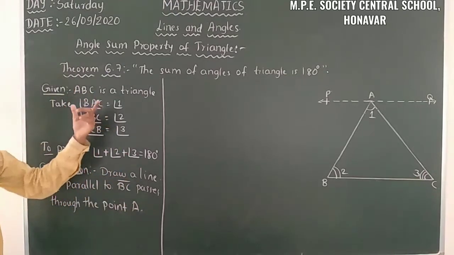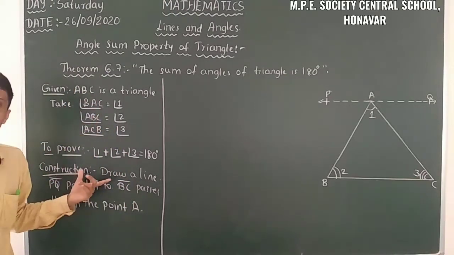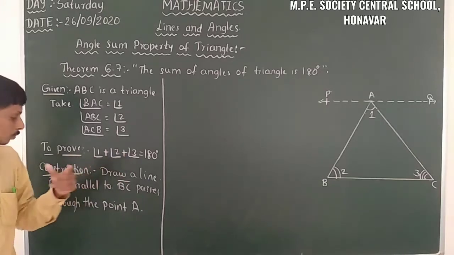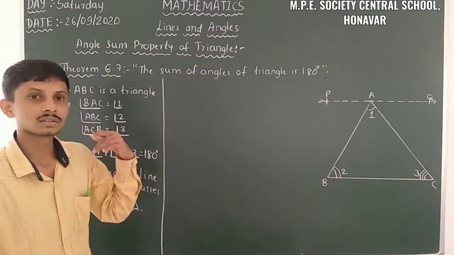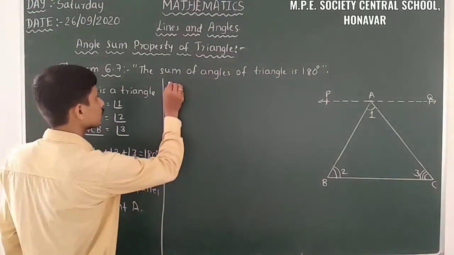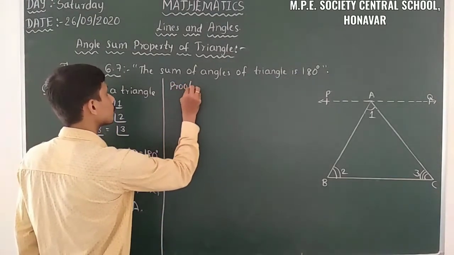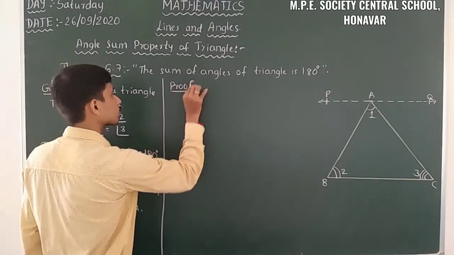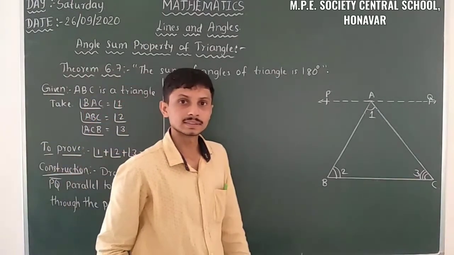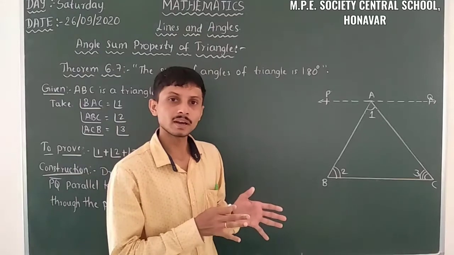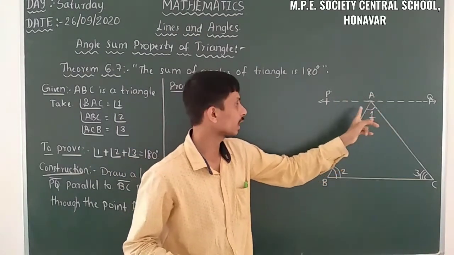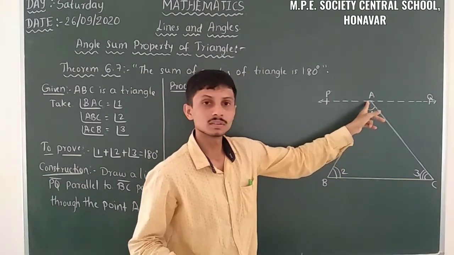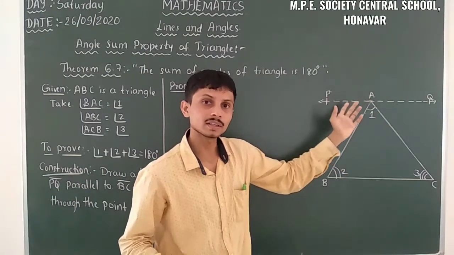We have the given part, we have the proof part, that is what we have to prove, and we have the construction part, then we have to go to the proof. So here proof. So here we have to take. So here when we draw a line passing through the point A,